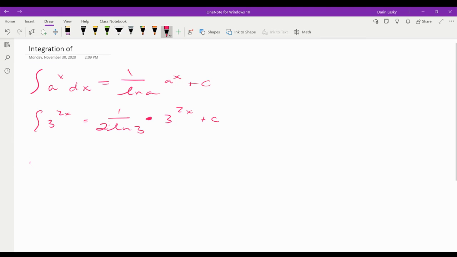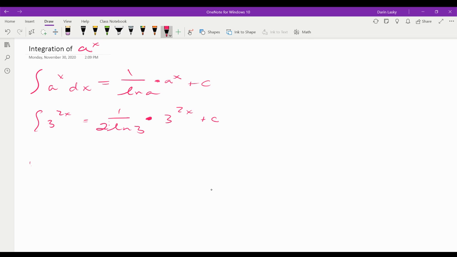Hey guys, so oops, I didn't even finish that integration of, well, that's pretty funny. Integration of a to the x here. So when we're dealing with this, we won't have the special condition rule that we have for our a to the x taking the derivative. Basically, you're just going to have to have this formula at your disposal and keep working with it until you